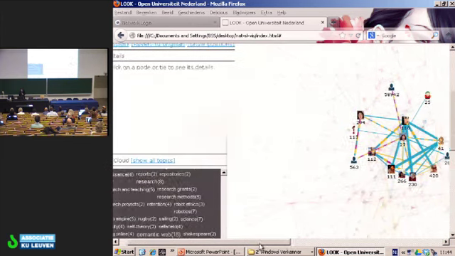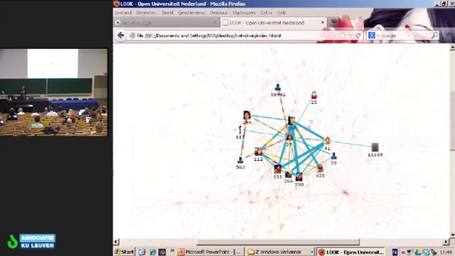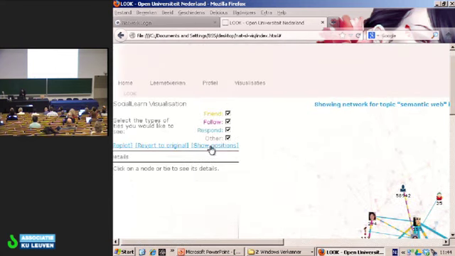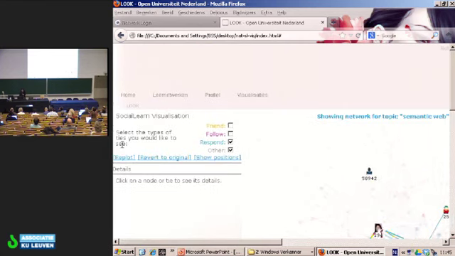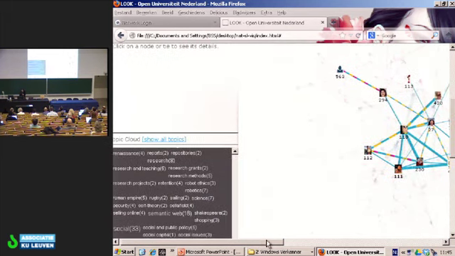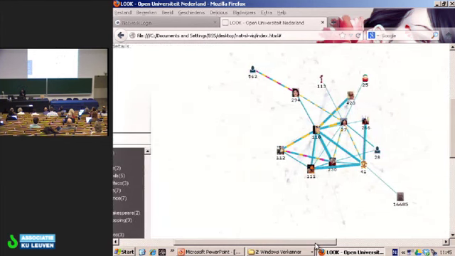So when you change perspectives in the navigation, you can also change the perspective of and replot the network so that you can see, okay, around this topic, how is somebody evolving? For example, if you say, okay, I only want to see the friend or the respond network, you can click them out and also replot, and then you will get a different view on how persons are dealing around this topic. Who is central, who is important?